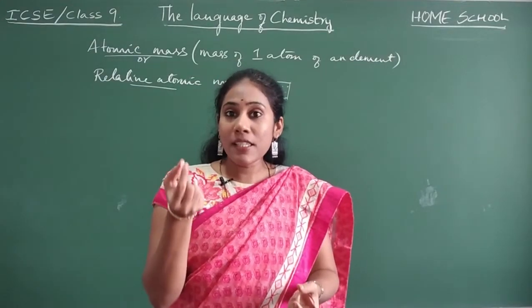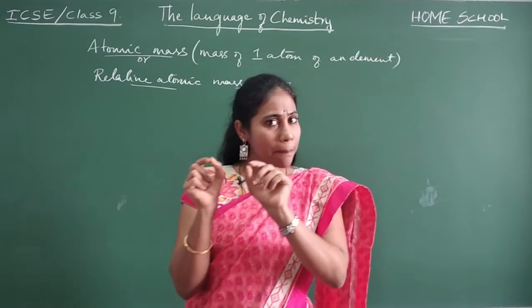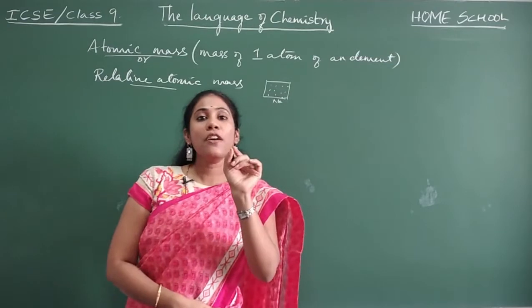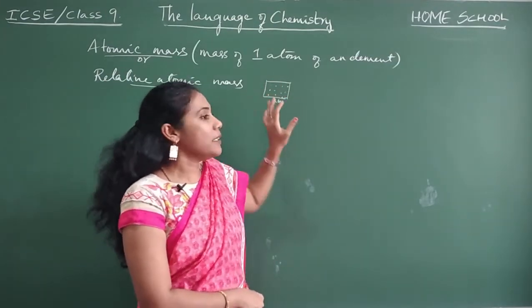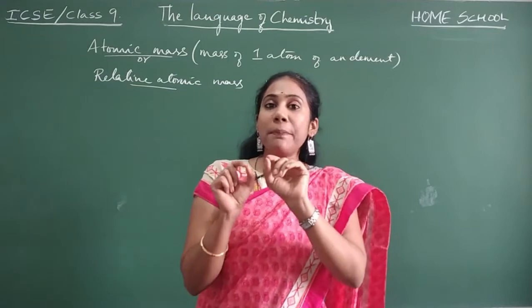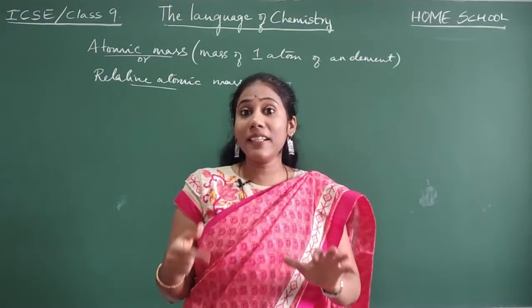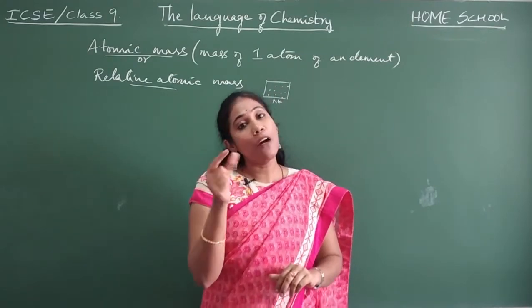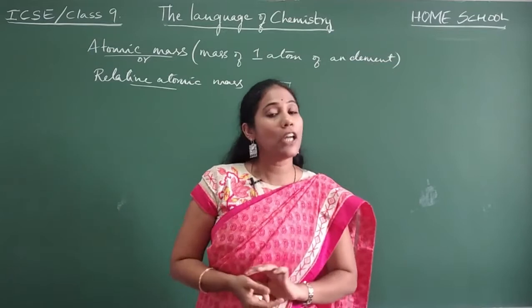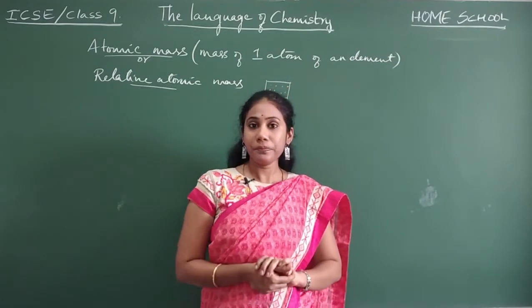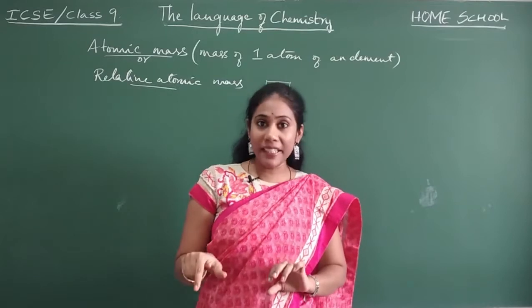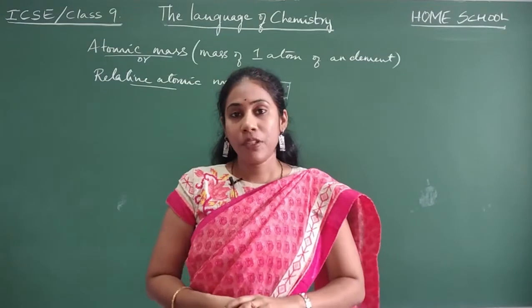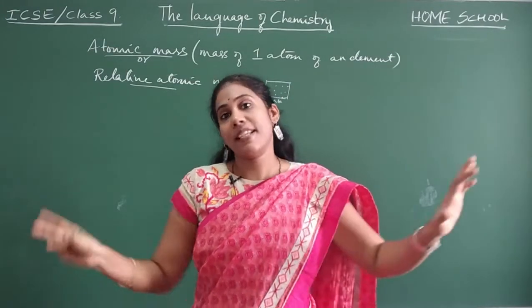To know the mass of one atom, you should first separate the atom from an element, no? One small piece of sodium itself may contain crores of atoms. So among the crores, how do you separate that one atom? Practically, separating one atom out of an element is not possible at all. But we can indirectly find the mass of one atom by various experiments. And you need not learn about all those experiments now.